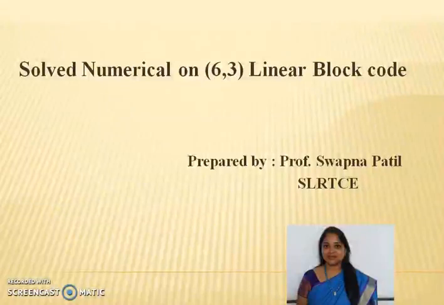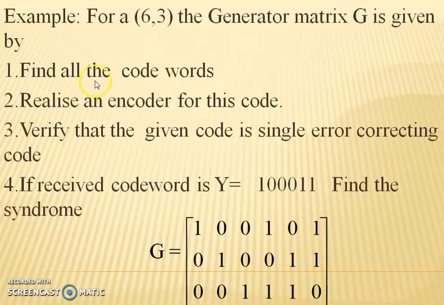Hello everyone. Today's topic is to solve the numerical based on linear block code given by (6,3). This type of numerical has been asked in the university paper for 10 marks. The example is given as: for a (6,3) linear block code, the generator matrix is given by the matrix below, and you are supposed to find out: